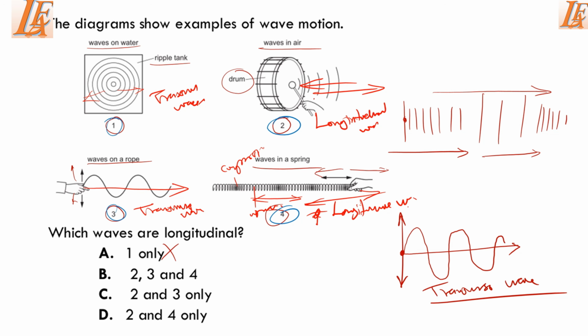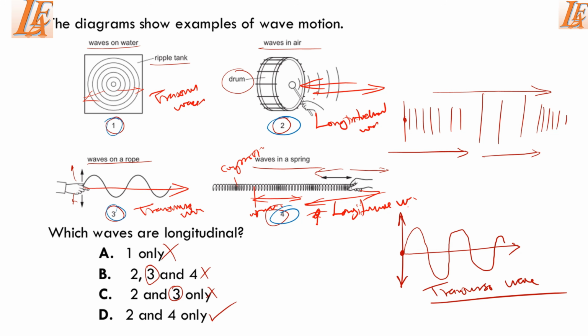2, 3 and 4. This one is not correct because 3 is a transverse wave. 2 and 3 only. This one is incorrect because 3 is a transverse wave. 2 and 4 only. This one is correct because 2, beating a drum, and also waves on a shrink spring